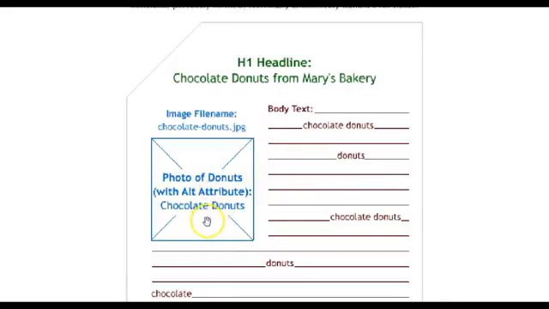We use the alt attribute, which is another alt tag, to optimize an image, to tell Google, hey, this is an image. Okay, this is what the image is about. It's about chocolate donuts, in this example. The file name of the image, we will add the keyword there too. Also in the body text, we will use the keyword and some